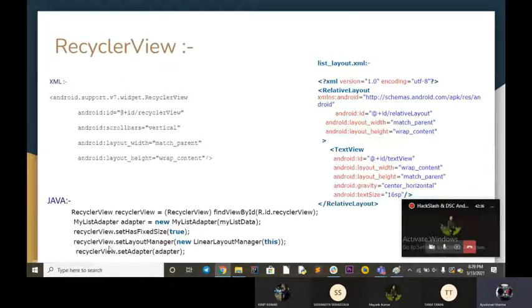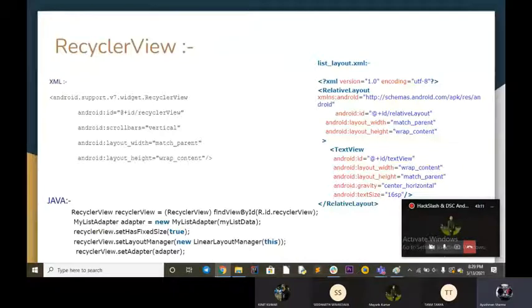Let's not consider this right now. Recycler view set layout manager. This layout manager manages whether we want to show our list in a vertical manner or a horizontal manner. So here we set the adapter that manages the data. We set the layout manager that manages whether we are showing vertical data, horizontal data, or staggered data. The staggered data can be assumed as what we see on Pinterest, like we have different scales of images lying on left, right, top, bottom.